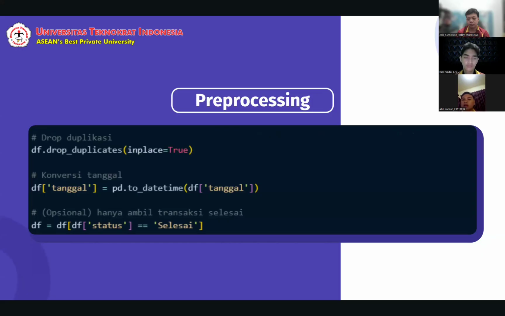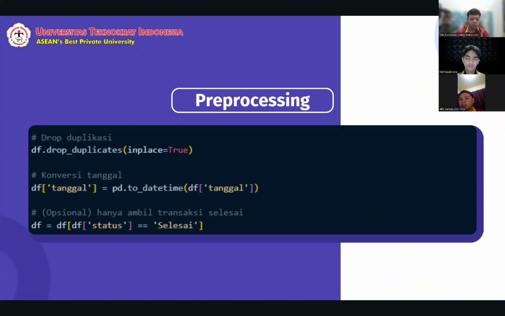Okay, preprocessing and cleaning. Step 3 aims to ensure that the dataset in the K-means analysis is truly ready and suitable for mathematical processing.